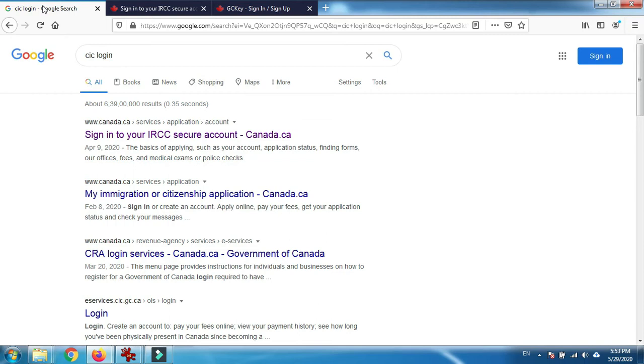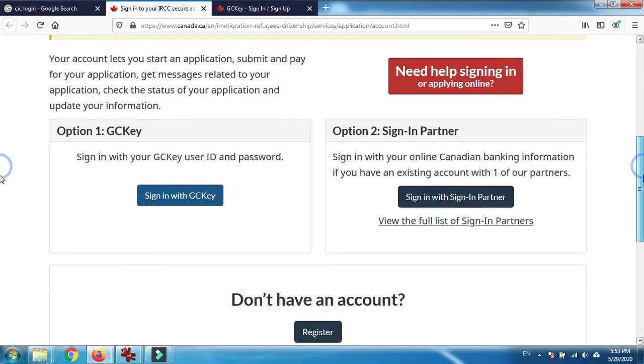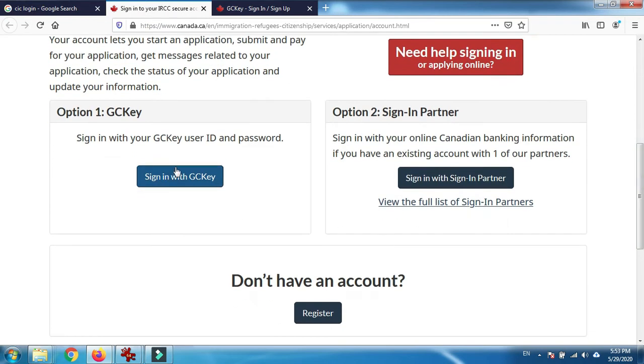Okay, so let's open google.com and type CIC login and open the first link. In the first link, it will ask you whether you want to log in with GC Key, user ID and the password. As you have already created your profile, you have this GC Key, user ID and the password.